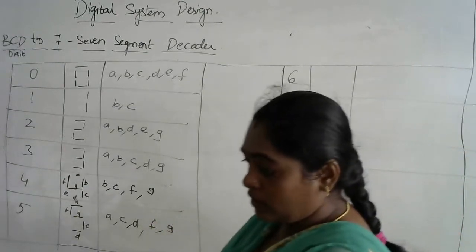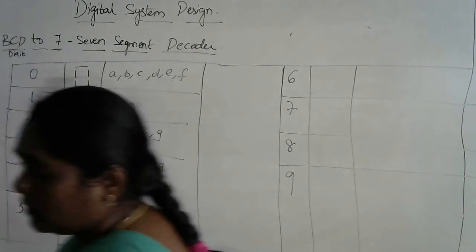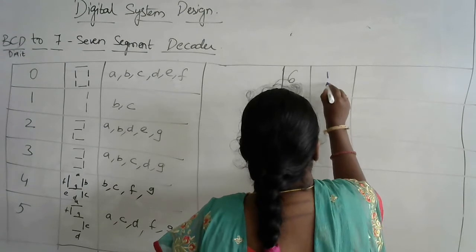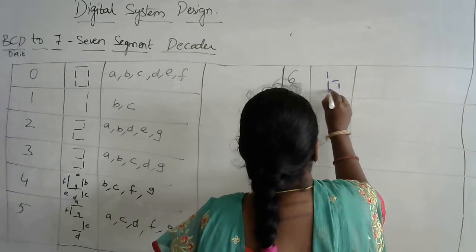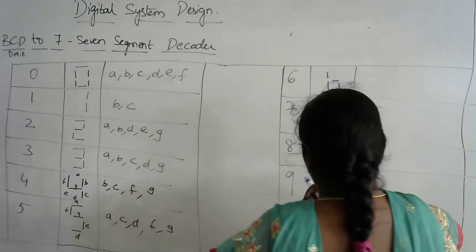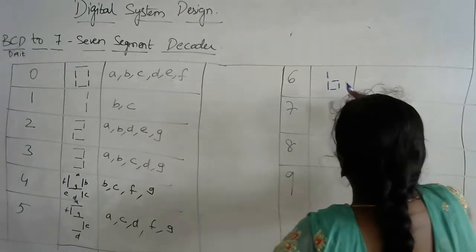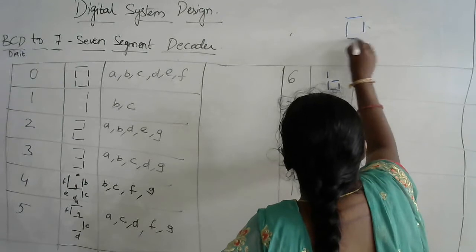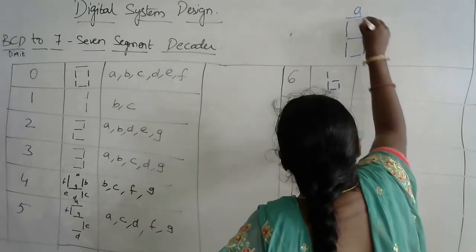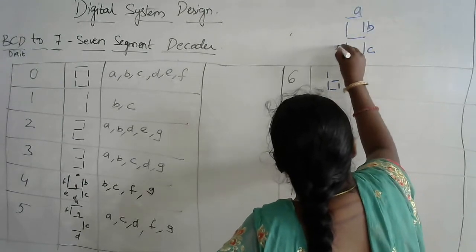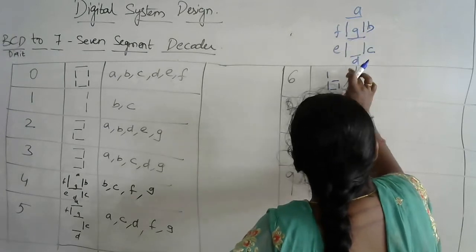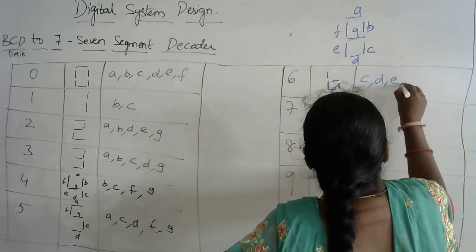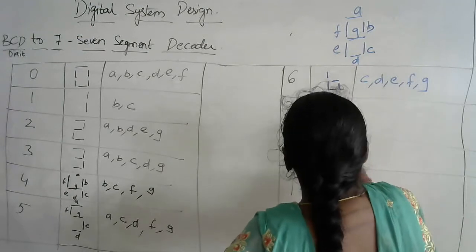If I want to represent these values of 6, 7, 8 and 9, in case of 6, as I don't have any A value over here, the representation for the 7 segment is this: A, B, C, D, E, F and G. As A is not there, B is not there, I can write down C, D, E, F and G. For 7,